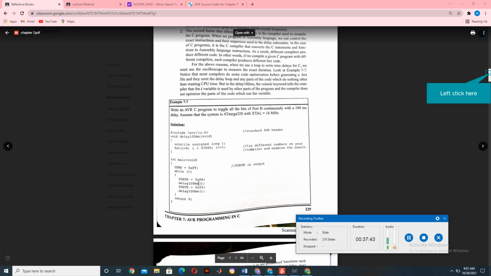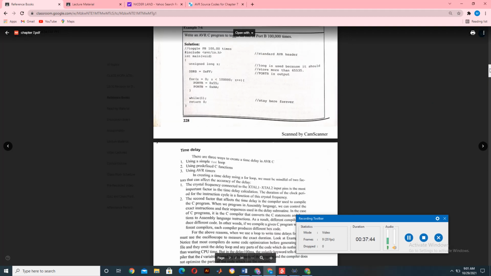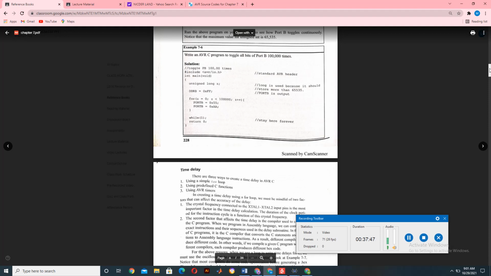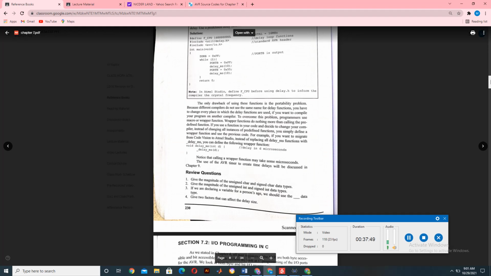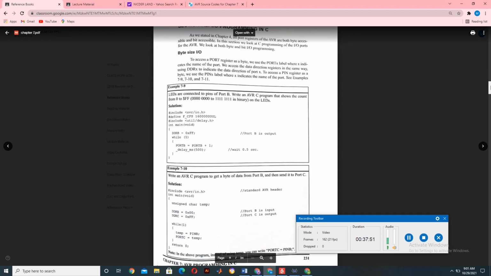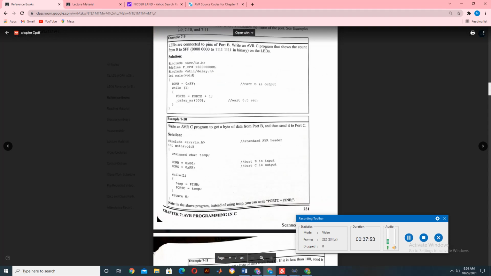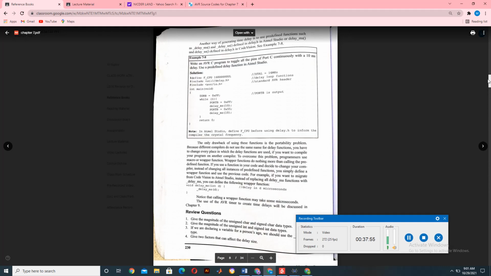Then we have used the delay function of 100 ms that we have already made over here, and then we have written PORTB equal to 0xFF and then the delay again. So this is the function that we have written before. We have simply done one thing: we have included 0xFF over that delay function. So after the delay is done for this value,